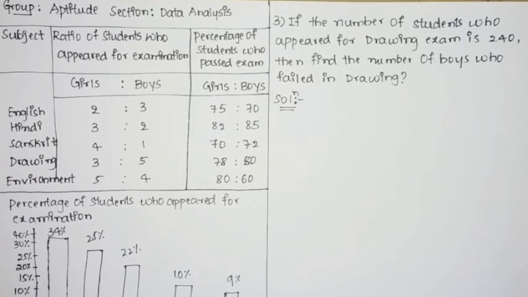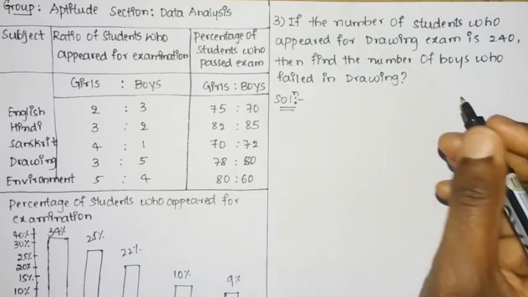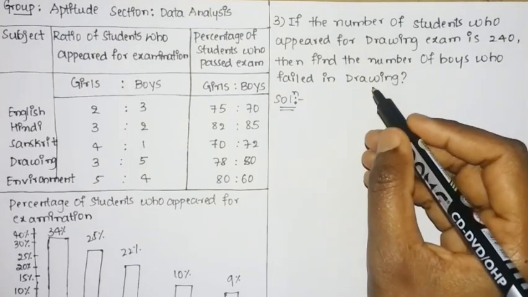So in this video we shall solve the next example, that is the question on data analysis aptitude group, which was asked in Amazon TechOps Associate SMT Bangalore. This is the table as well as the bar graph which is given. Quickly we shall see the question which is asked.